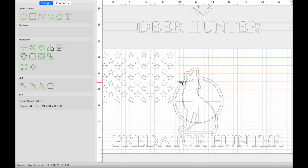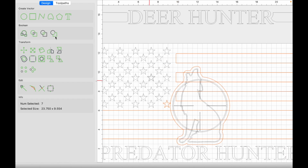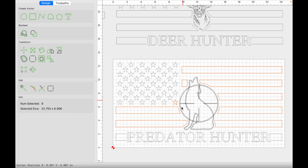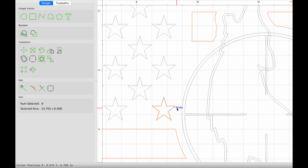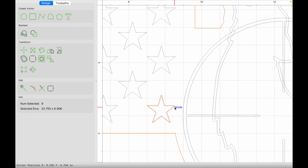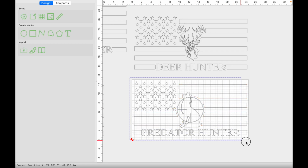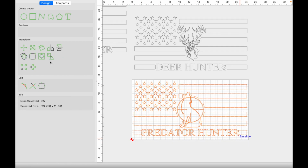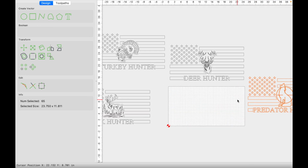With those grouped, we are then going to hold shift and select the outermost offset vector, press Boolean Subtraction, and there you go. You have a flag that goes around this coyote, and you can see it barely cut this stripe or this star right there. Okay, so just like that, we're going to move these over. And so just for an example of what kind of toolpaths you can use here,